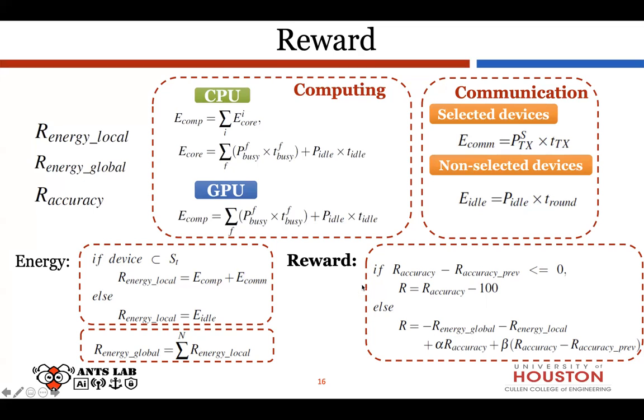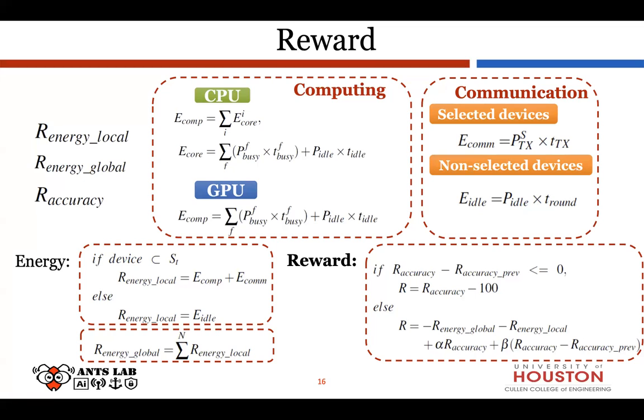I have a quick question. First of all, what kind of accuracy is it? It's the global accuracy of the federated learning, right? Yes, that's the global accuracy of the federated learning. Okay, so training or testing? They didn't say whether it's training or test. I think both of them are okay for this scenario. Okay, it's definitely not something like the training loss, right? It's not the training loss, it's the accuracy.